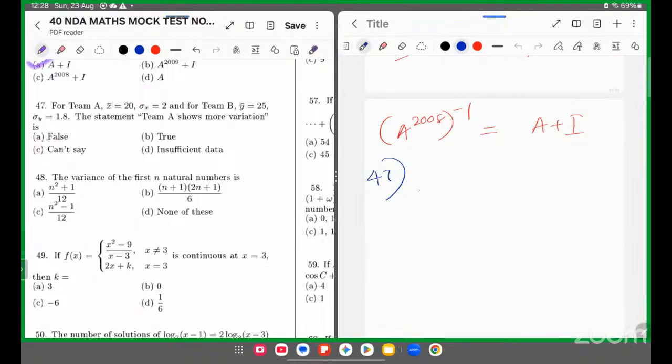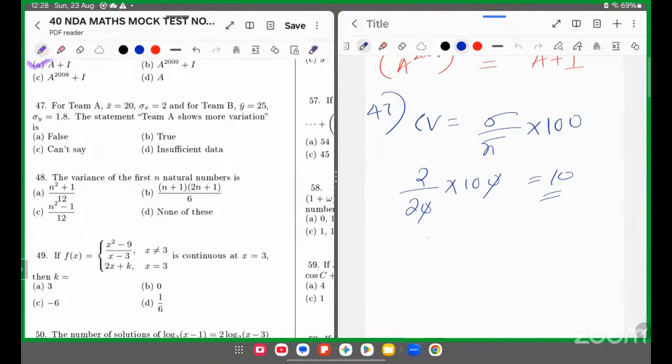What is coefficient of variation? Coefficient of variation is sigma by x bar into 100. So we can say 2 by 20 into 100, that is 10. Second, sigma by